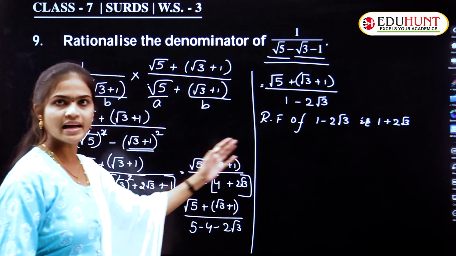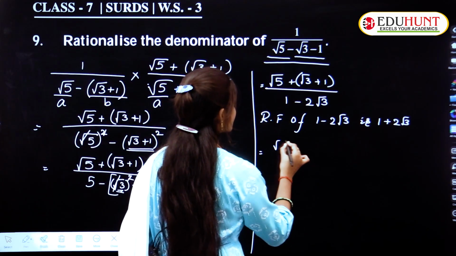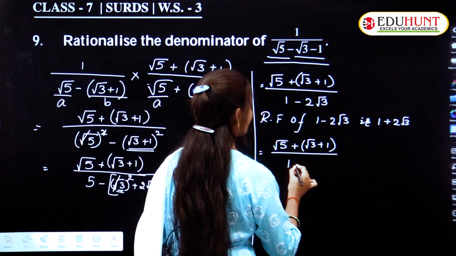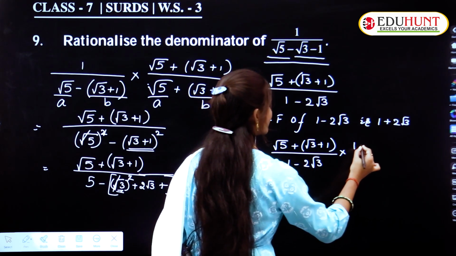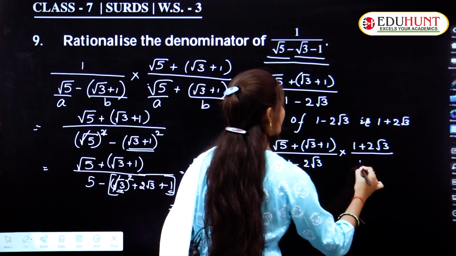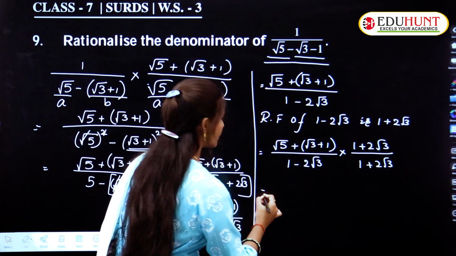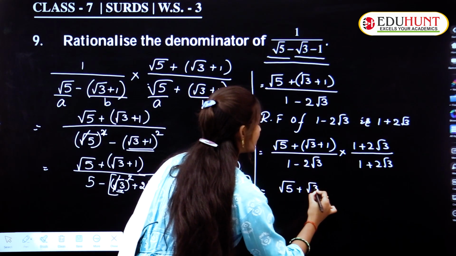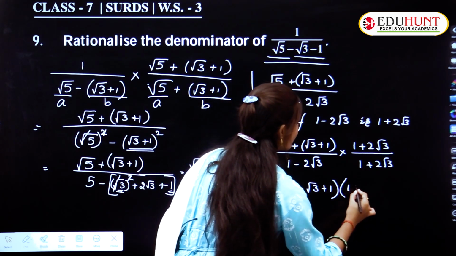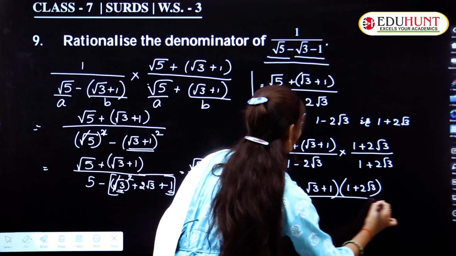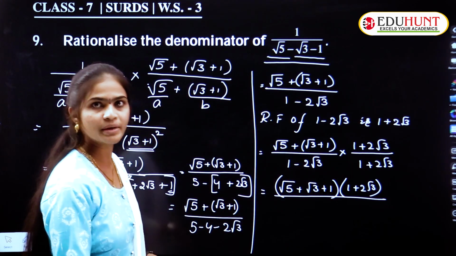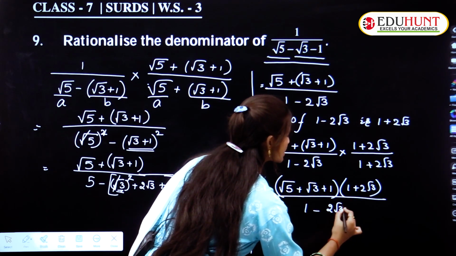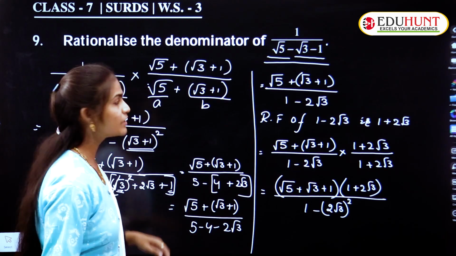Okay, again same process we have to follow here. Okay, what is that? Square root of 5 plus square root of 3 plus 1 whole by 1 minus 2 root 3 into 1 plus 2 root 3 whole by 1 plus 2 root 3. Okay, now in multiplication, root 5 plus root 3 plus 1 into 1 plus 2 root 3 whole by, again this is in the form of A plus B into A minus B, no. So that is A square minus B square. So 1 minus 2 root 3 whole square. Okay, after simplification that,